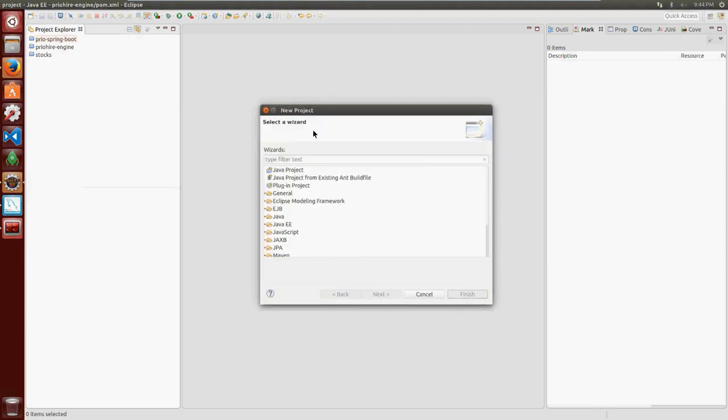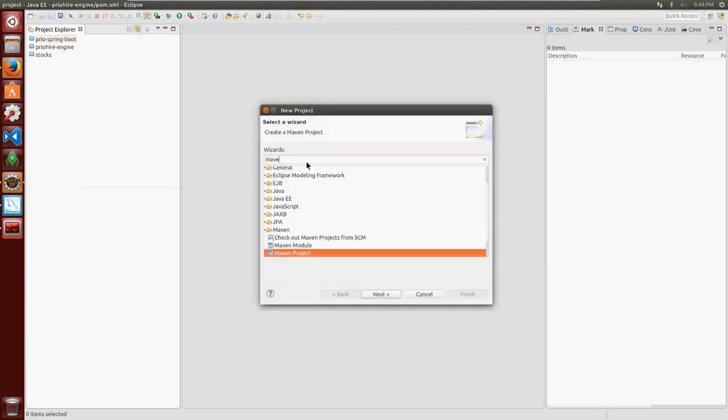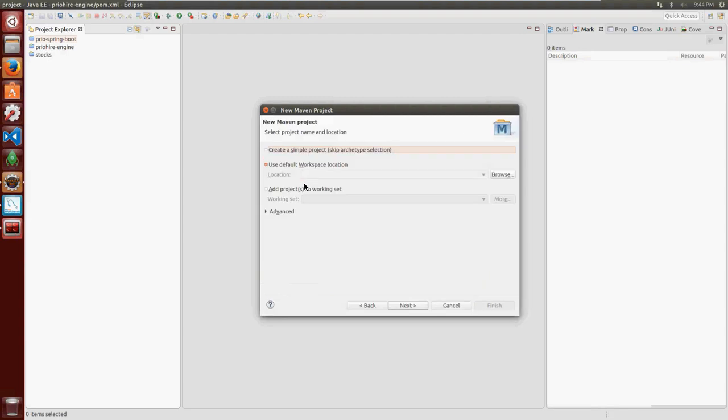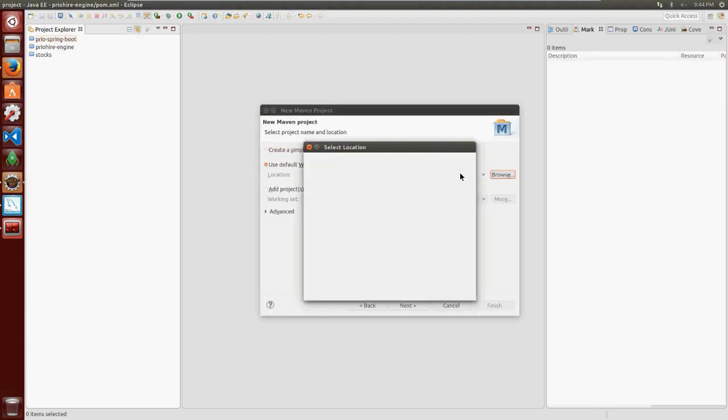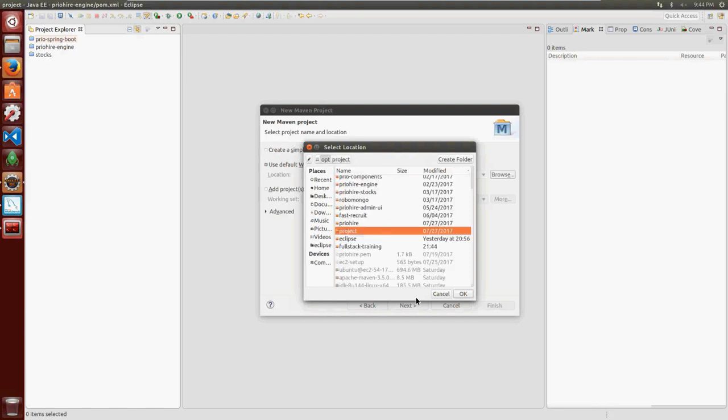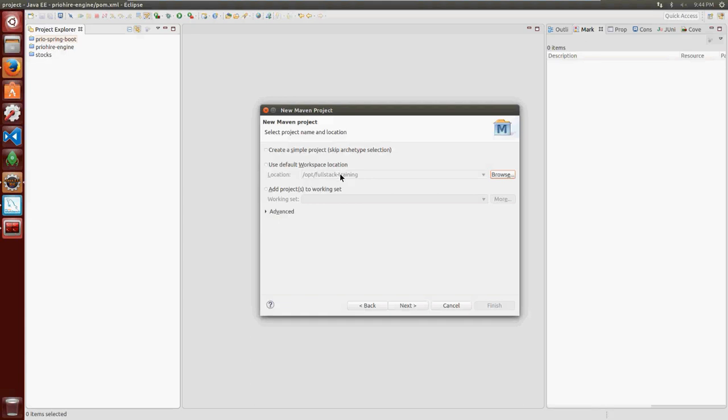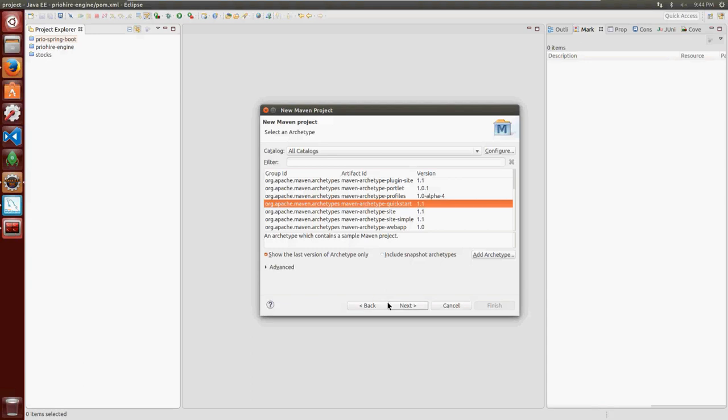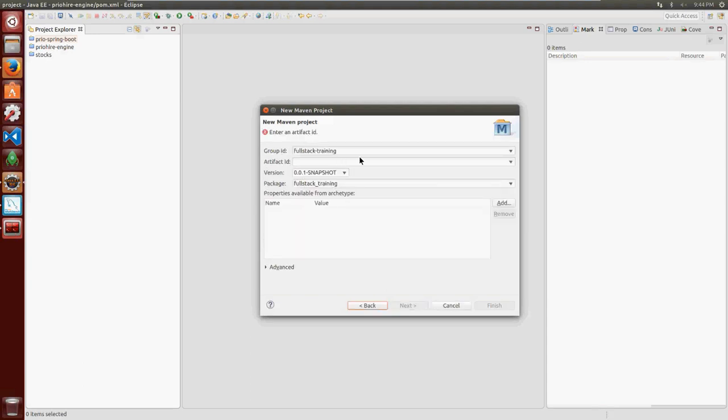So now I'm going to create a new project, Maven, and then the location, I'm pointing back to the folder that we checked out. So this is the location. And then these are all pretty standard. Giving the full stack training, full stack, and then